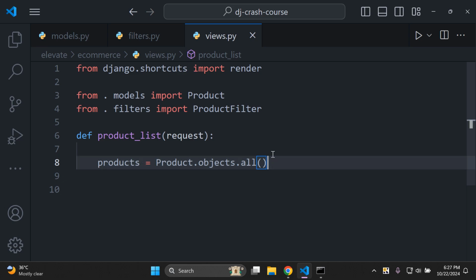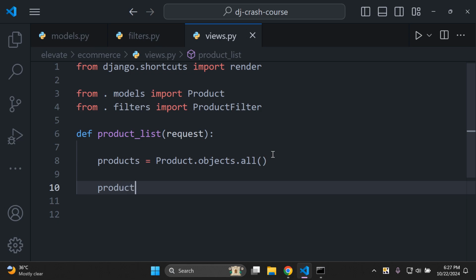Okay. Next, we're just going to create a variable called product_filter. This is going to be for our filter, and it's going to take in two parameters. So we want to call our filter: product filter, and then the two parameters. The first thing it's going to take in is request.GET. Okay, this takes the request.GET data,